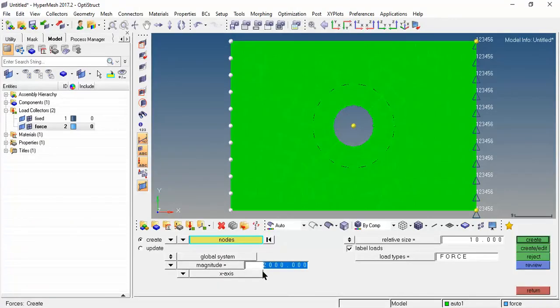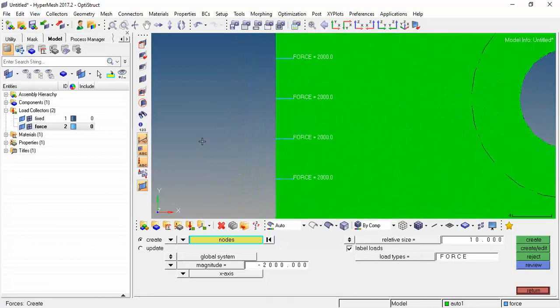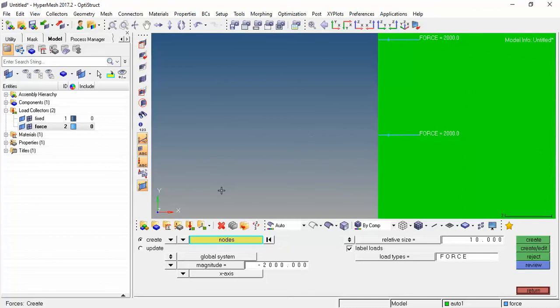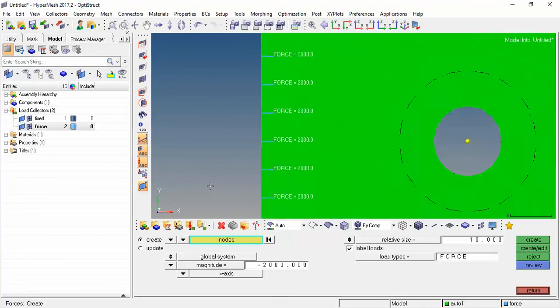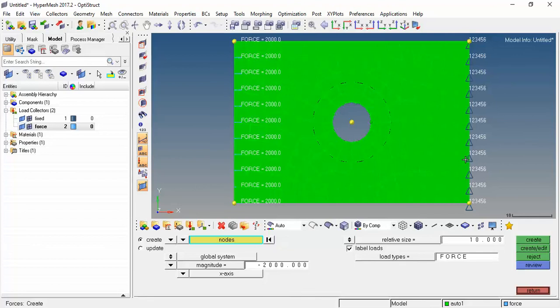So I have to make this one as the negative 2000. Now you just give create. You can zoom this one to see the direction. Now you can see the direction. So now up to here is the loading part.